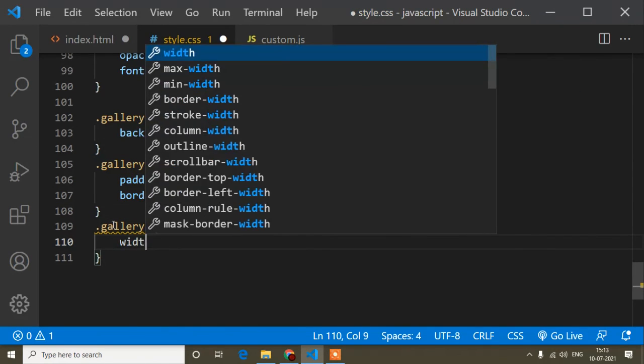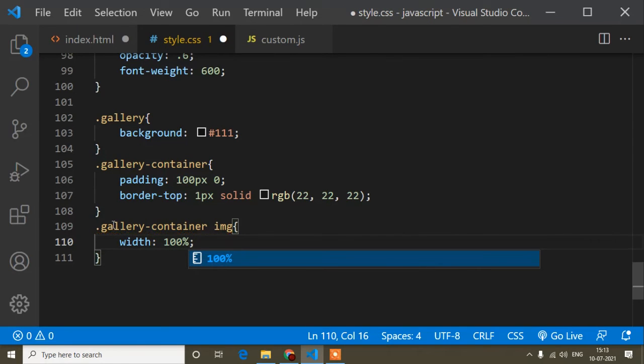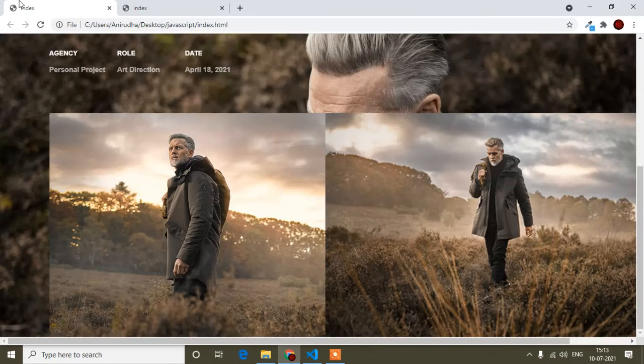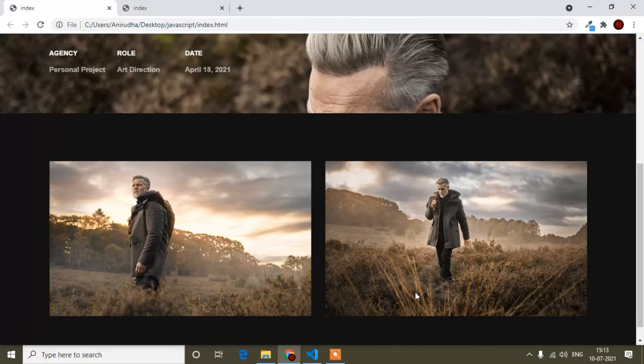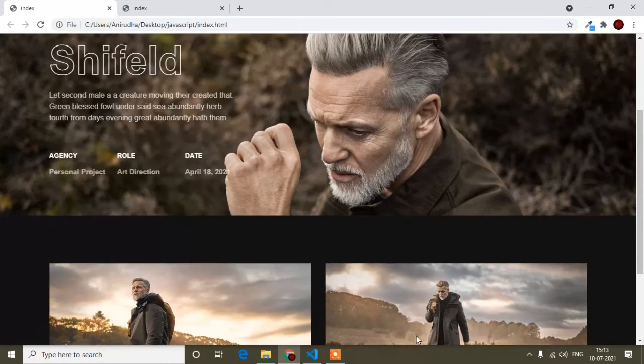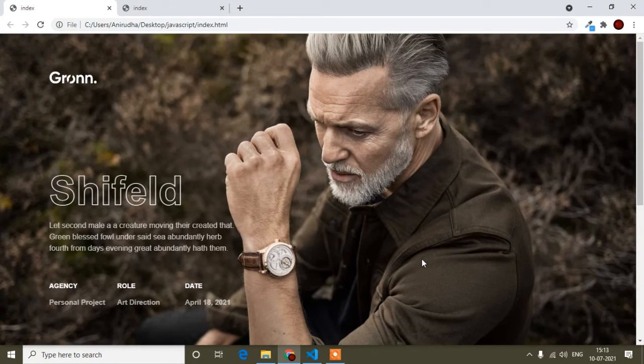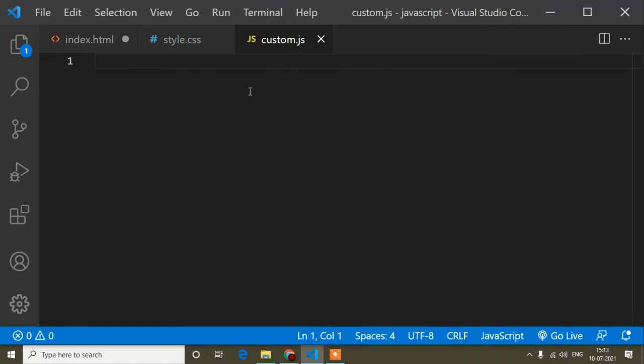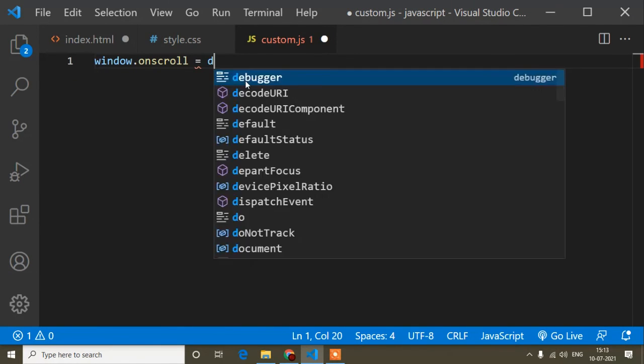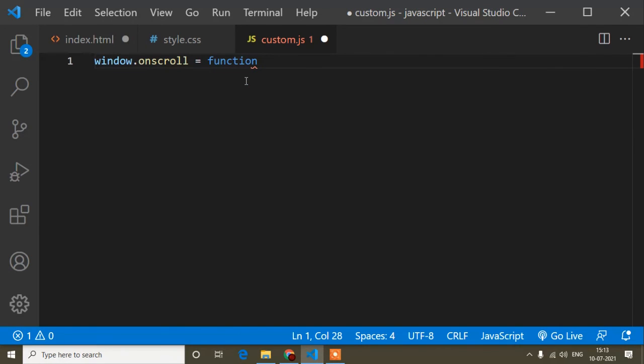Now here I will write the script code. That means, guys, when I scroll, first of all I have to make our header position fixed. So here in this script I will write window dot onscroll equals function, and the function name, that is myFunction, with parenthesis.